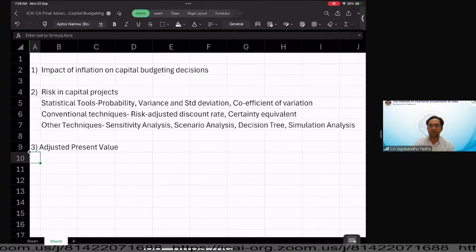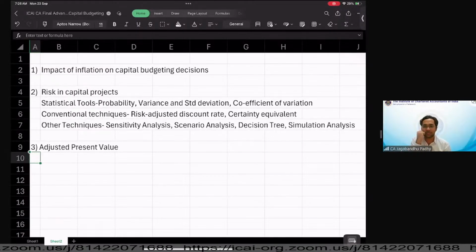I hope you guys remember the Modigliani-Miller model. You remember the Modigliani-Miller model from your CA Inter MM model? Remember the topic Modigliani-Miller? Yes. We had the MM model in two topics. Can you name those two topics? We had the MM model in two topics of our CA Inter. Can you name those two topics? One was in capital structure and the other was in dividend decision.